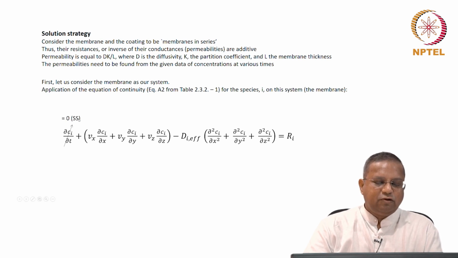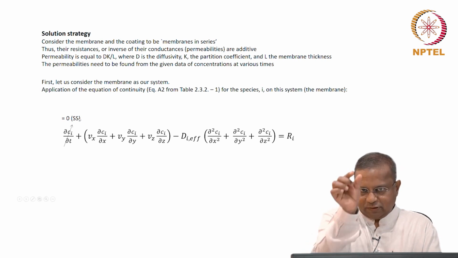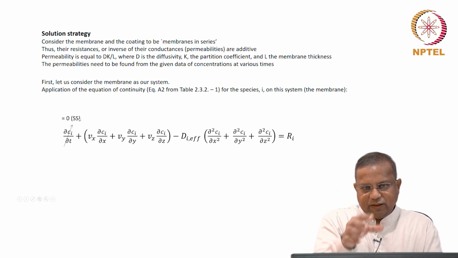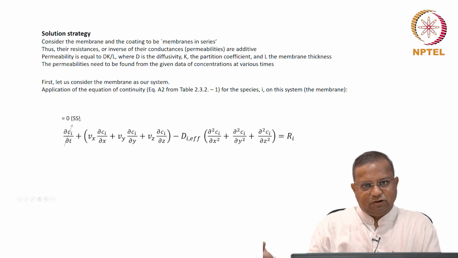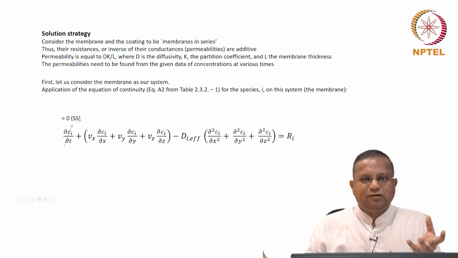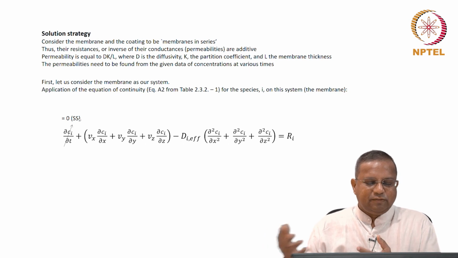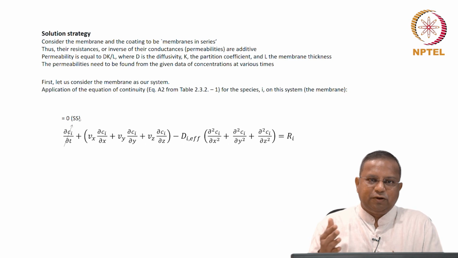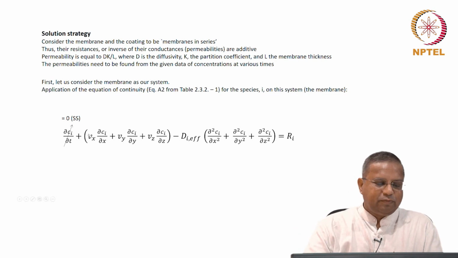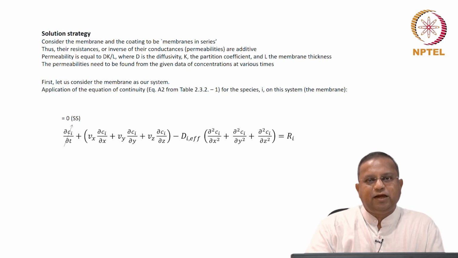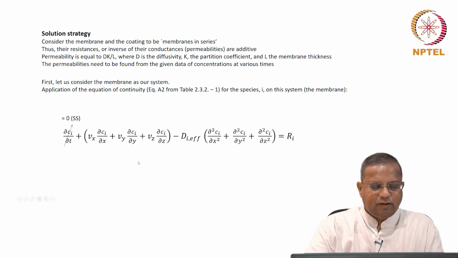This goes out by the pseudo steady state assumption. It is the membrane that we are considering. Our interest is in the variation of the concentrations in the two solutions, right? And those concentrations vary much slower compared to the diffusion, as is already given in the problem, and therefore, by pseudo steady state we can write this to be 0. Whether it's actually at steady state or not, it doesn't matter.